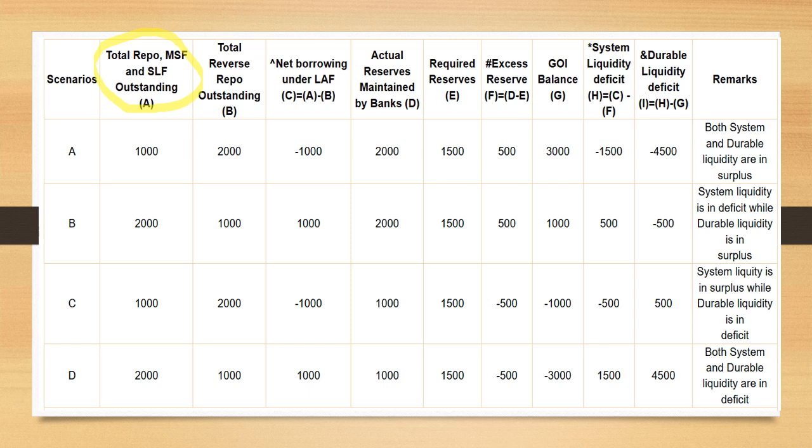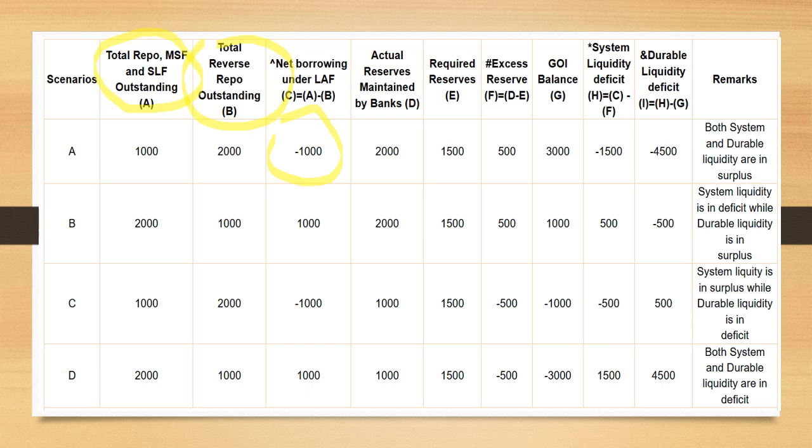However, the liquidity may get withdrawn by reverse repo. In reverse repo, banks put money back to RBI. So you can see that 1,000 crore, or 1,000 million or 1,000 billion, as you may like to call it, was infused as liquidity, while 2,000 was put back by banks to RBI. So effectively the net borrowing is negative. Why is it negative? Because 1,000 minus 2,000 gives us a value of minus 1,000. This effectively means that minus 1,000 has gone back from banks to RBI.